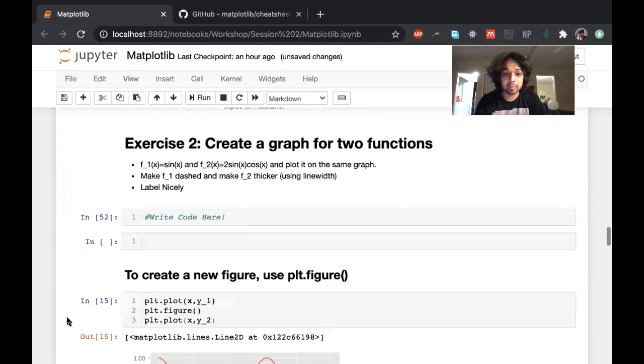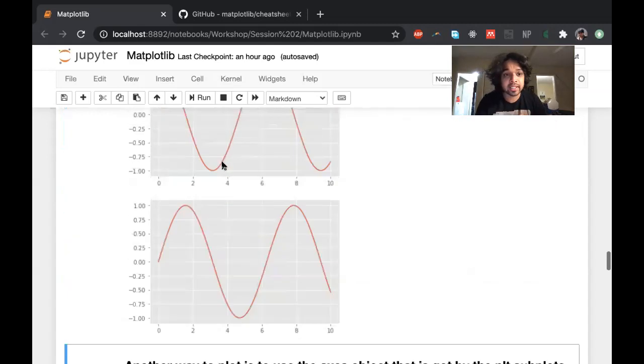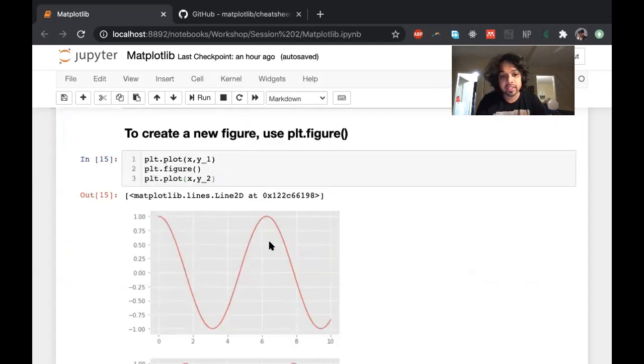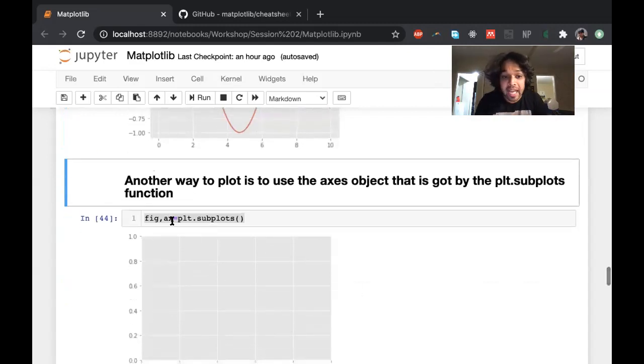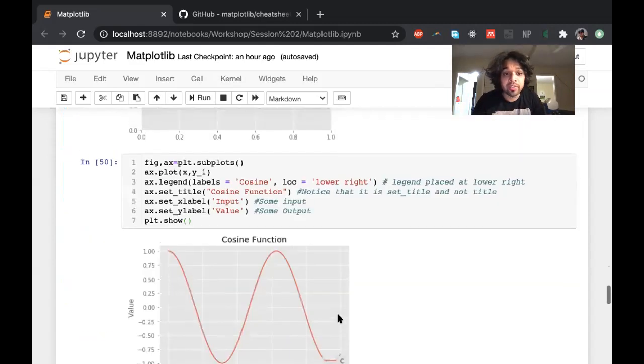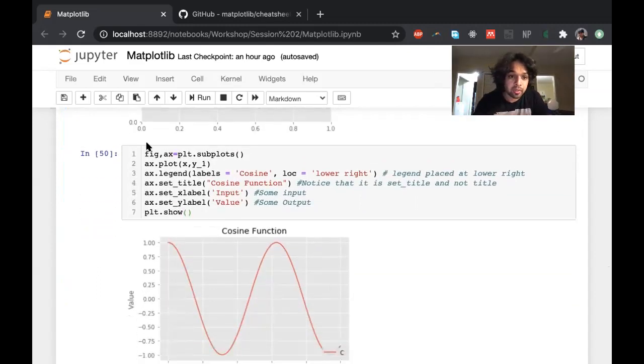So over here we've plotted everything using plt.plot, right? But what you can do is create an object using something called plt.subplots. It gives you a figure and an axis. So it basically creates an empty plot and it gives you these two things. Now this axis object is what people modify, and the modification gives you your graph. So this is one example of that. So I'm going to plot the same thing, y1.